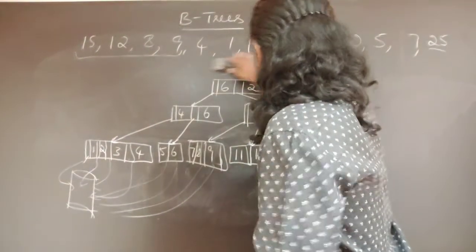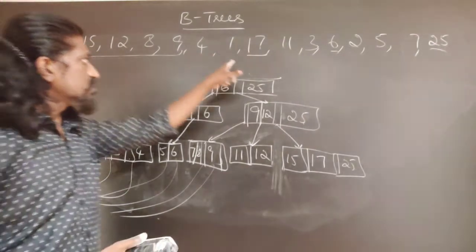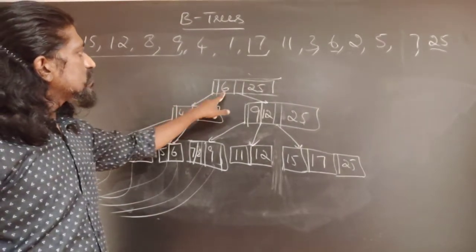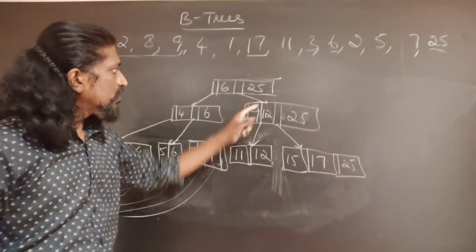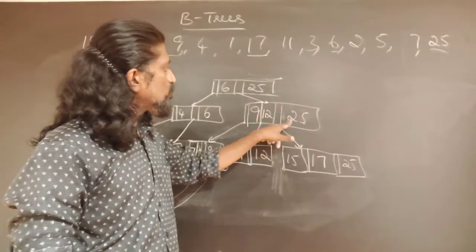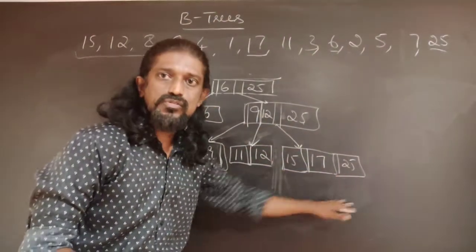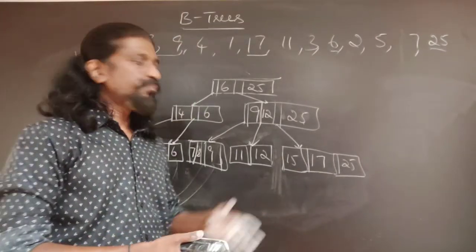So searching, just like I told, uses binary search logic. If I want to search for, say, 22, I will come here and conclude 22 is greater than 6 and less than 25. I come here, it is greater than 12 and less than 25, I come here, greater than 17, less than 25, there is no more key below it, therefore I will conclude 22 is not present in the tree.